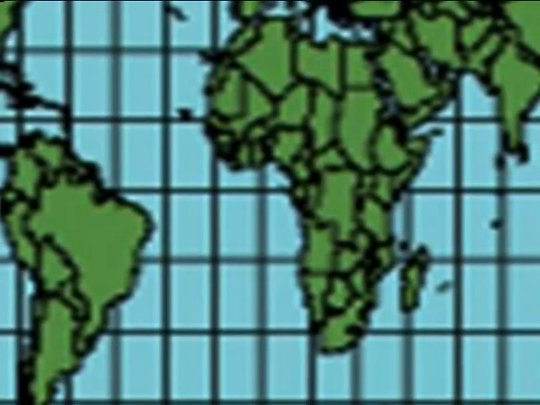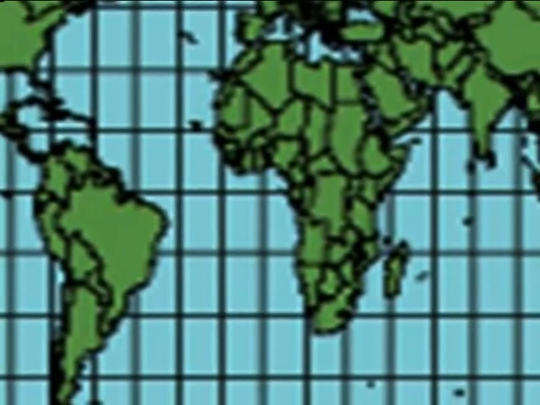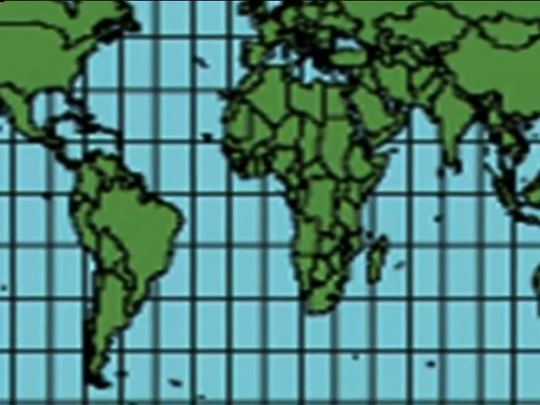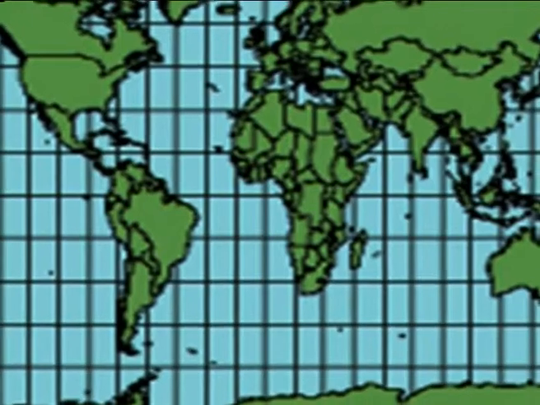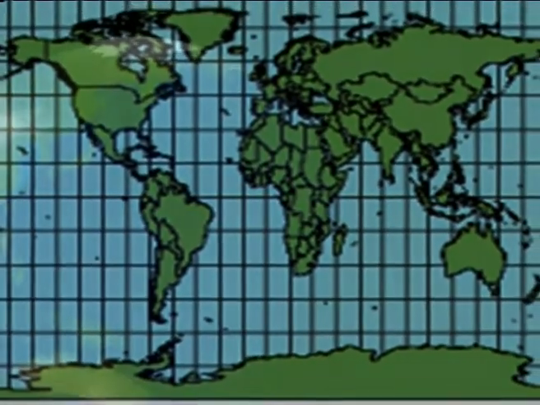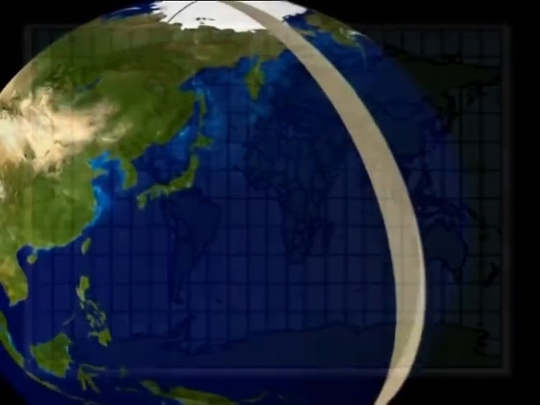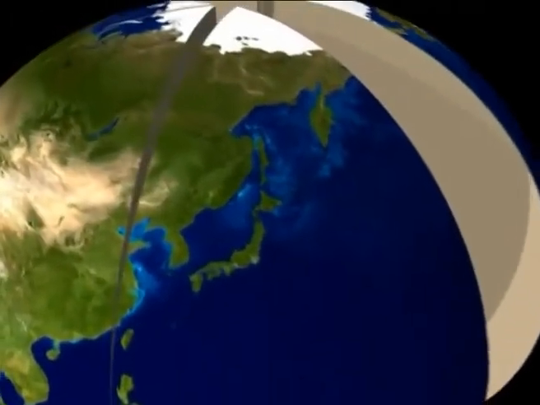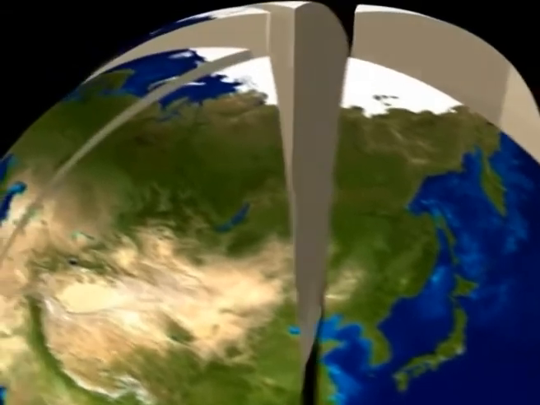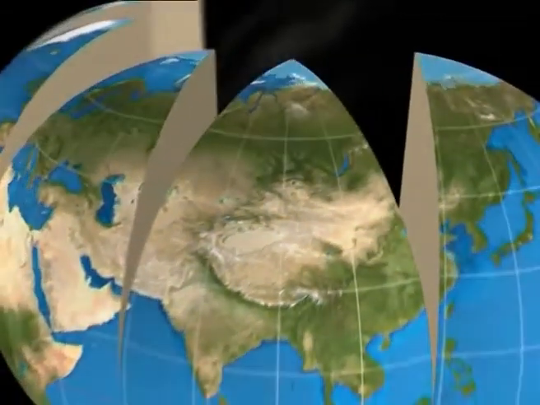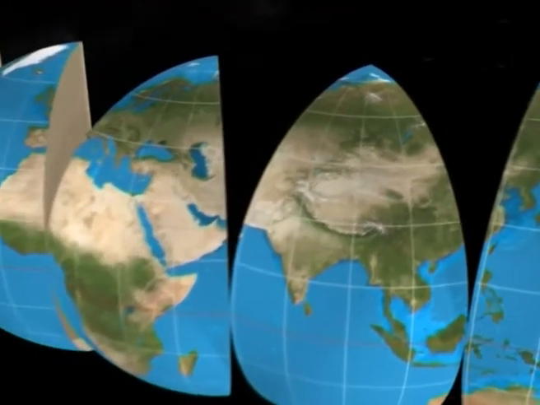This projection is very simple to construct because it forms a grid of equal rectangles. Because of its simple calculations, its usage was more common in the past. In this projection, the polar regions are less distorted in the scale and area than they are in the Mercator's